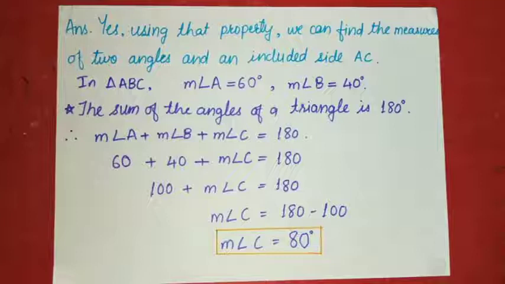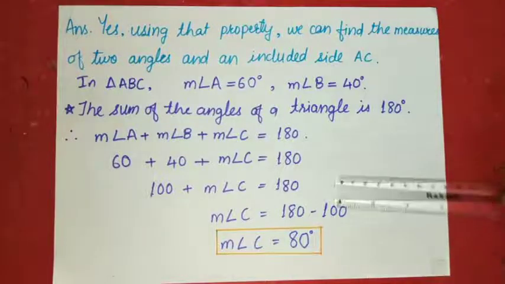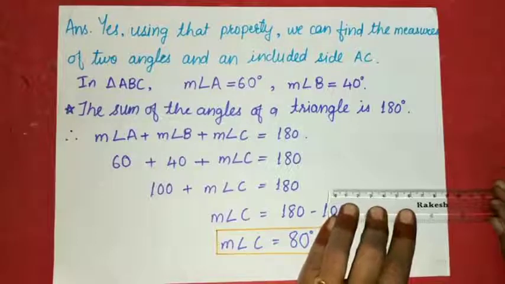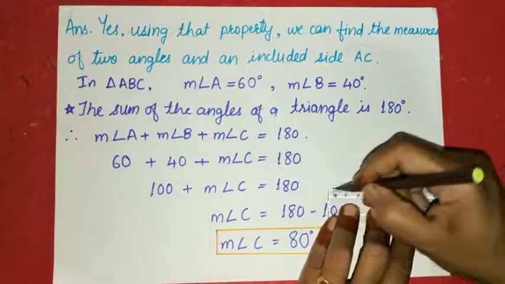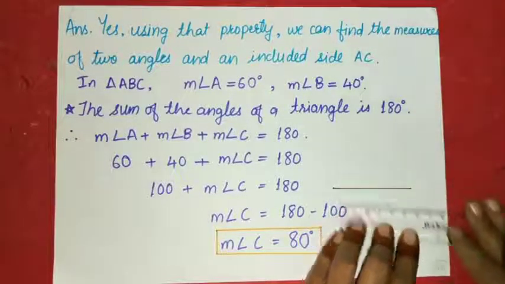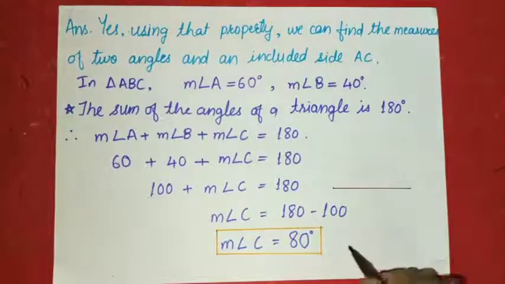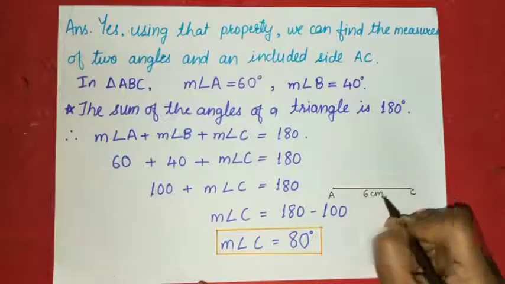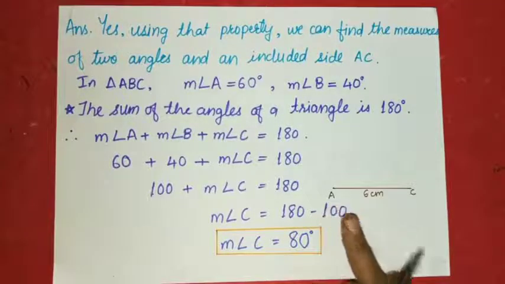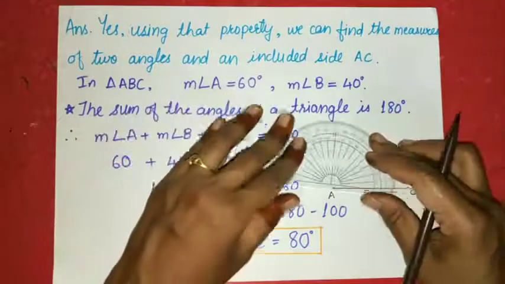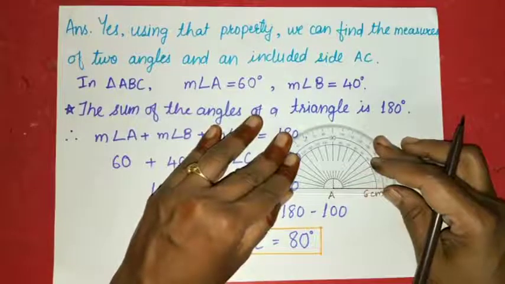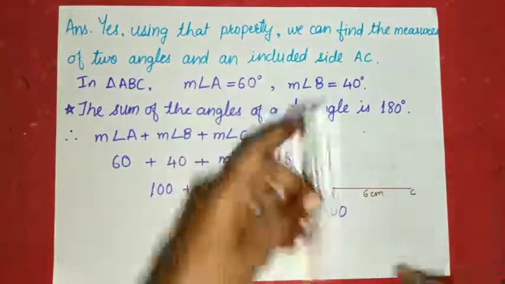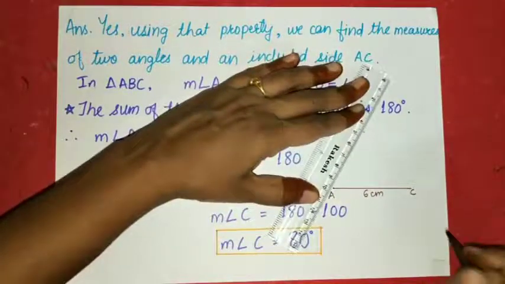Now using that you will draw the exact figure of the triangle. Now you know the length of segment AC, so we will mark it using the ruler. Draw segment AC of 6 cm. Starting from 0, draw the segment of 6 cm. Here the name of this segment is AC, so we will write here AC 6 cm. You know the measure of angle A, it is 60 degrees. So using a protractor, mark 60 degrees here like this. Now join vertex A with this point. You will get the ray.